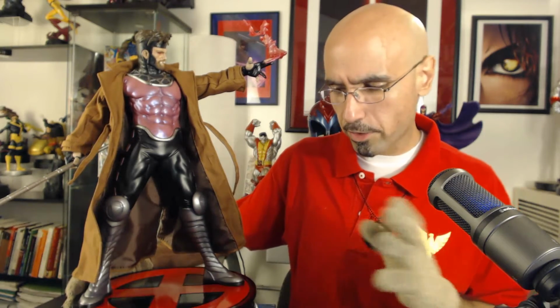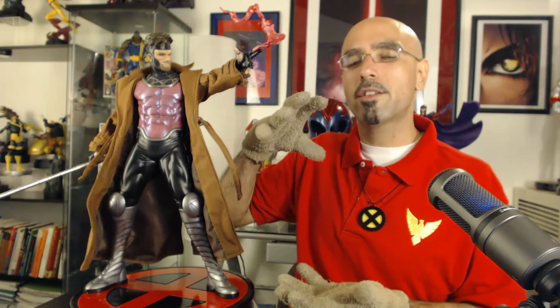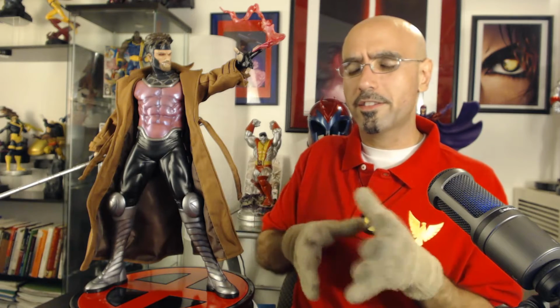So much detail, and he's on a throne. I'm pretty sure he's on a throne, and the throne has all sorts of intricate designs on it. I can't even describe them, but just amazing. You should look it up if you're interested in Doctor Doom, even though that statue has gone up in price so much that it's impossible to get. But the exclusive version comes with a goblet that's really cool too, and it sits